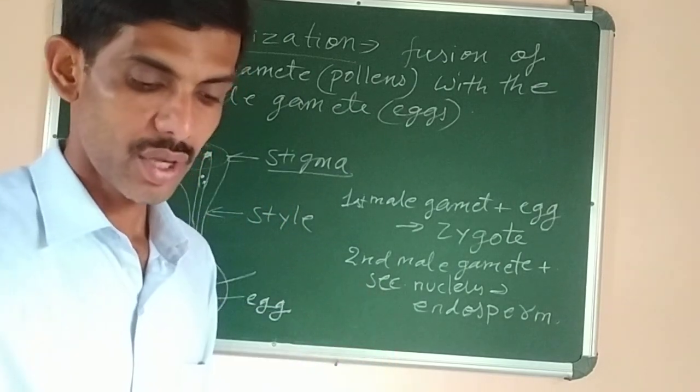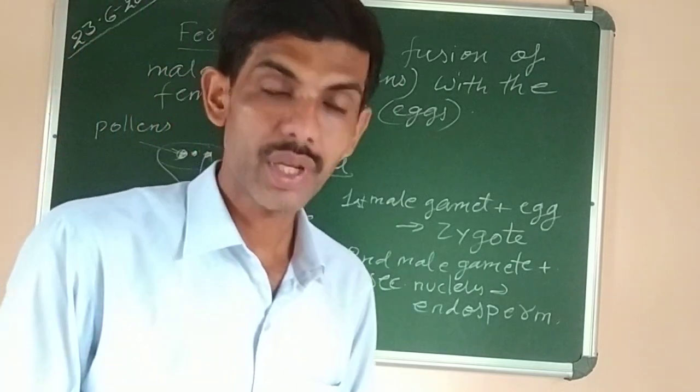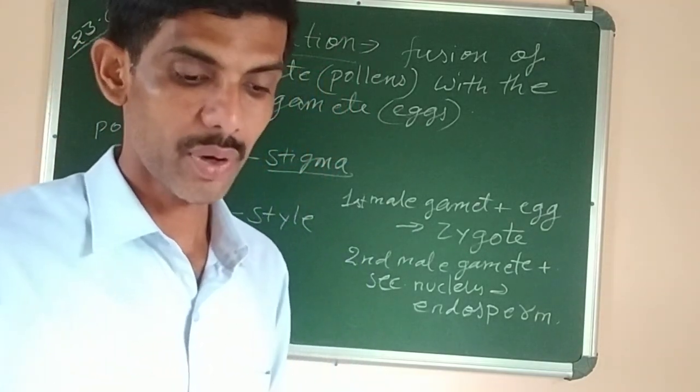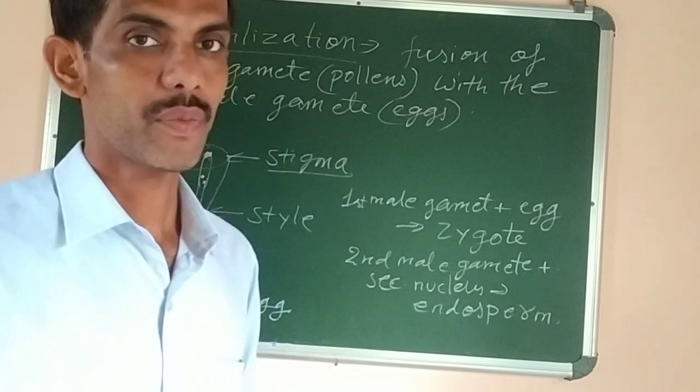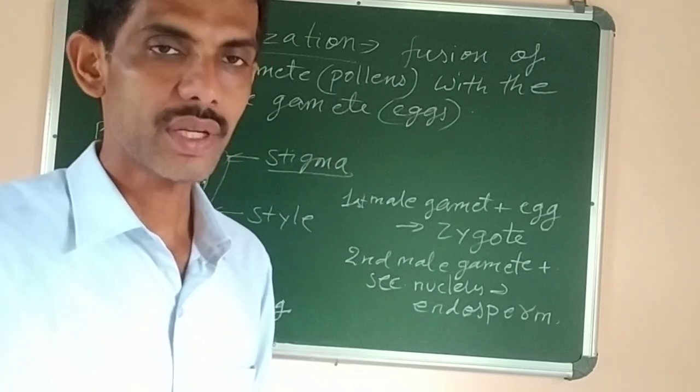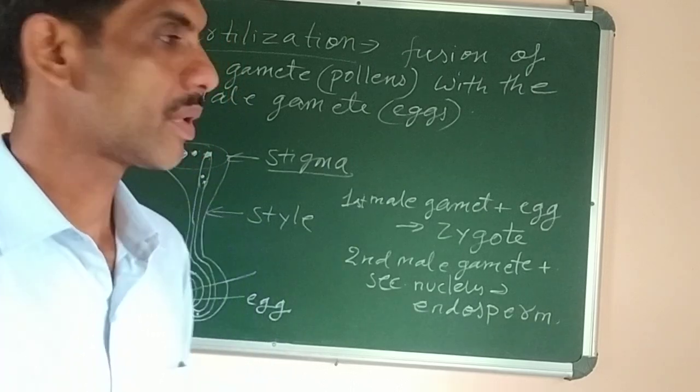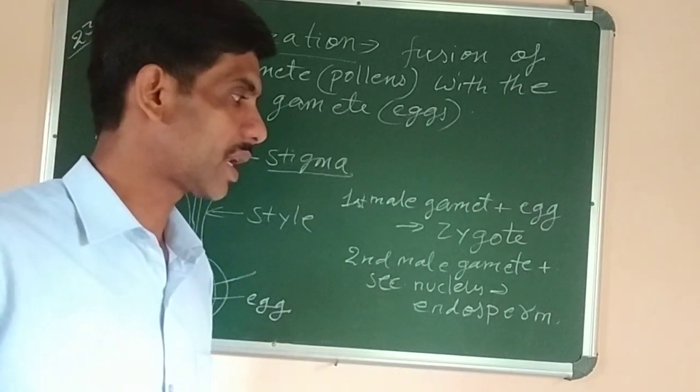Those who have already purchased the book, there is one question on page 44. Name the following. The first question is, name the stalk of the flower. What is it called? Pedicel. So try to complete it. I am not giving all the answers now, later on I will give. We can do the remaining in the next class.